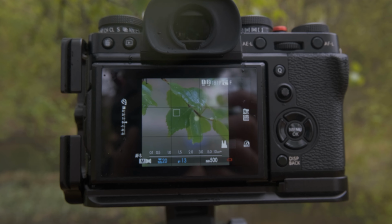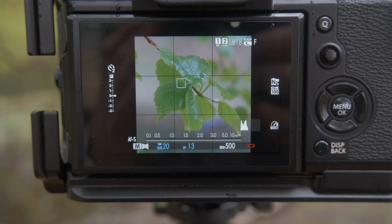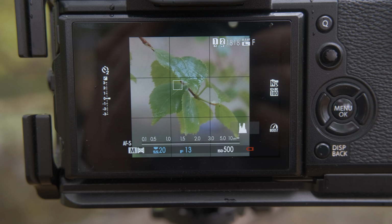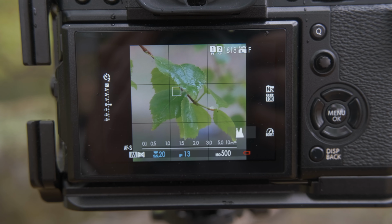Any tiny little movement is accentuated, so I'm just really biding my time and waiting for the right moment to take this shot. To make sure I freeze the motion, I've boosted my ISO to ISO 500, and that's giving me a 20th of a second shutter speed, which perhaps isn't really fast enough, but it seems to be getting it sharp, so